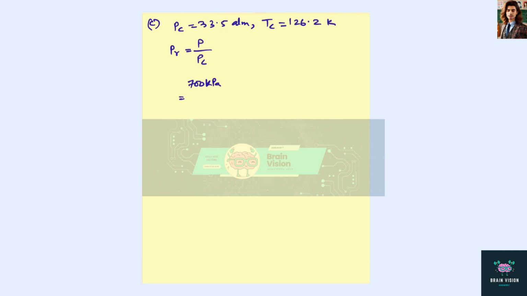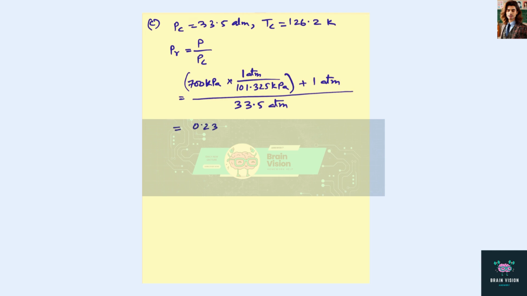Therefore, 700 kilopascal multiplied by 1 atmospheric pressure divided by 101.325 kilopascal. And we need to add 1 atmospheric pressure to convert it to absolute pressure, divided by the critical pressure, which is 33.5 atmospheric pressure, and this calculation gives reduced pressure of